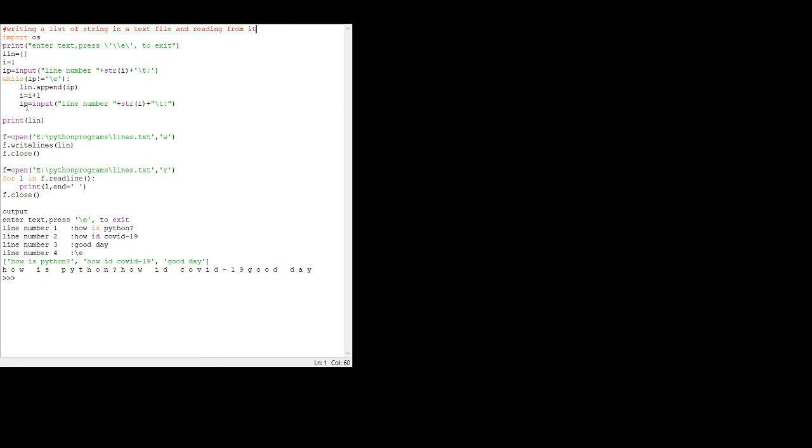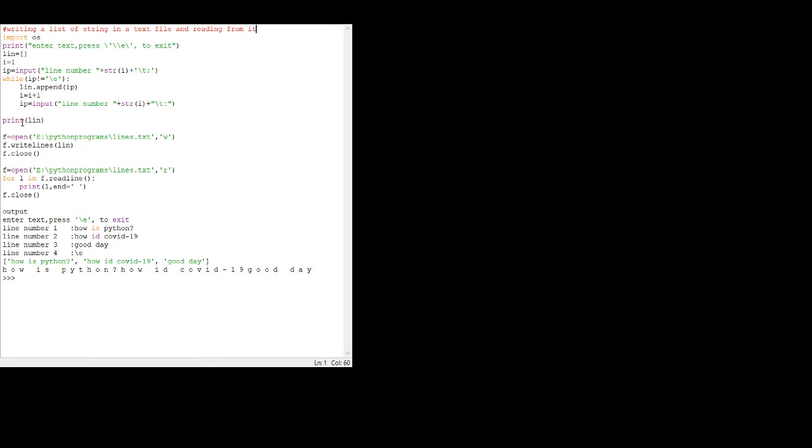Another input, again in the while loop, i is 2, again you input another string and append, add to the len array. Keep going until you press \E.